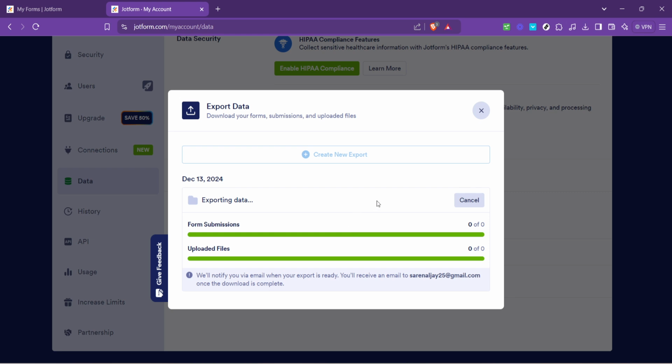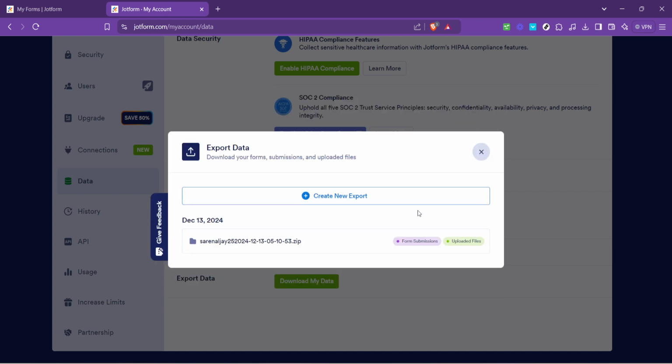And there you have it. You've just walked through the steps to export your data from Jotform. Remember, exporting your data regularly is a good practice, ensuring you have backup copies and facilitating data management off the